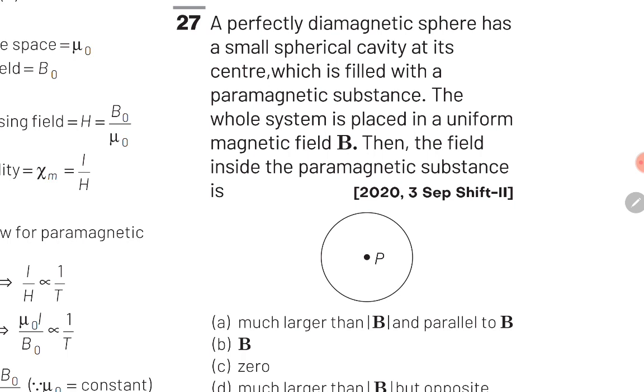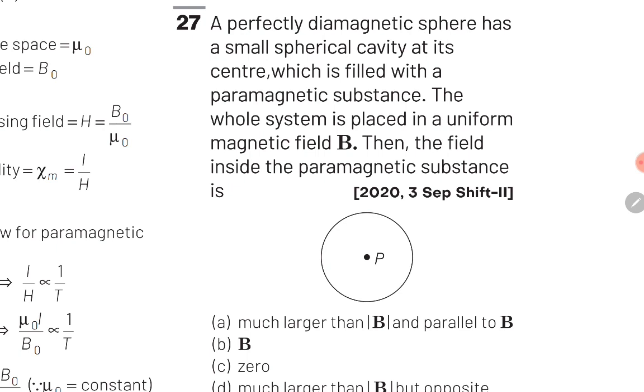Guys, because this is a case of perfectly diamagnetic, this opposite magnetic field will be exactly equal to the external magnetic field, and therefore, net magnetic field inside the diamagnetic material will become equal to 0. इसका मतलब स्टूडेंट्स देर विल बी नो मैग्नेटिक फील्ड लाइन्स विच विल एंटर द डायमैग्नेटिक मटेरियल and therefore there will be no magnetic field lines which will enter the spherical cavity filled with paramagnetic substance. So guys, the correct answer for this question will be option C. There will be zero magnetic field inside the spherical cavity which is filled with paramagnetic substance.